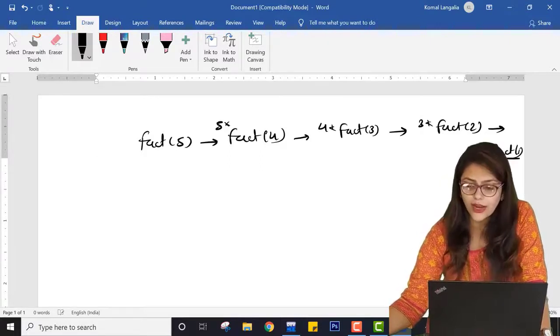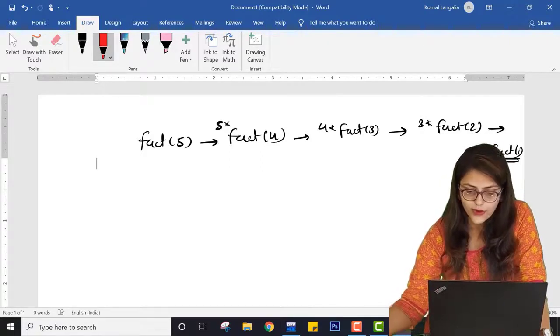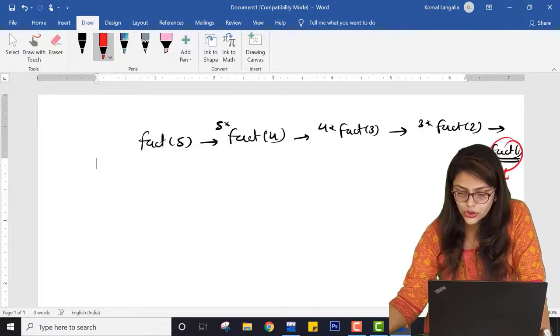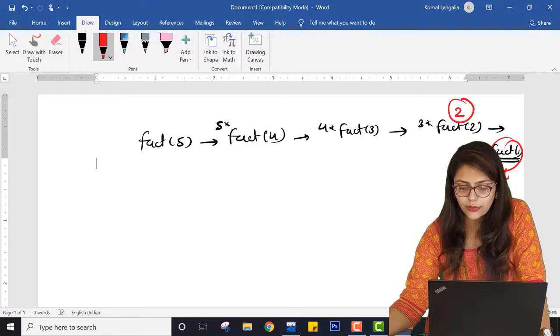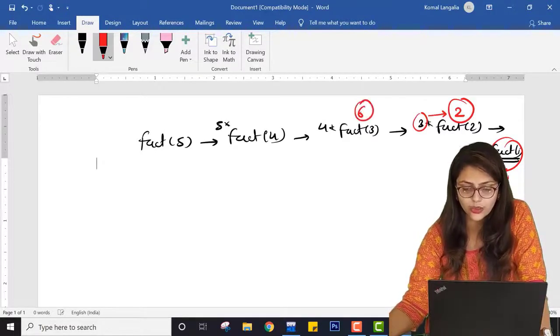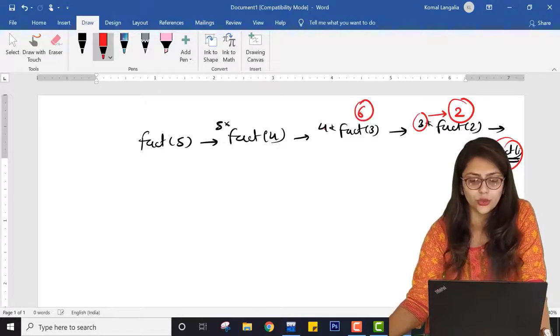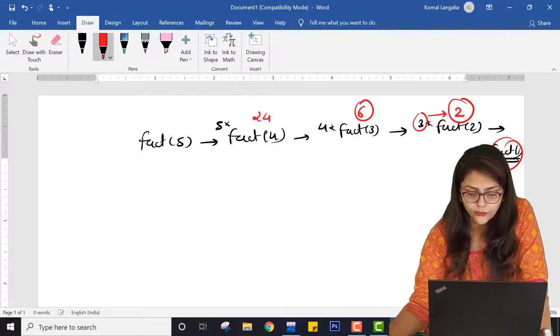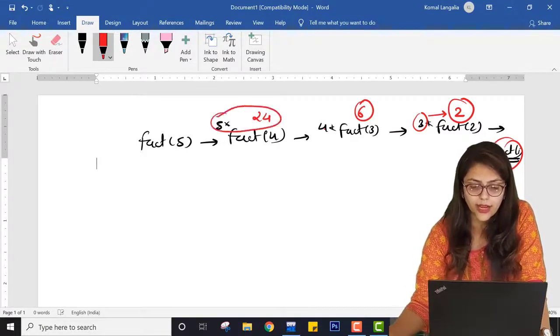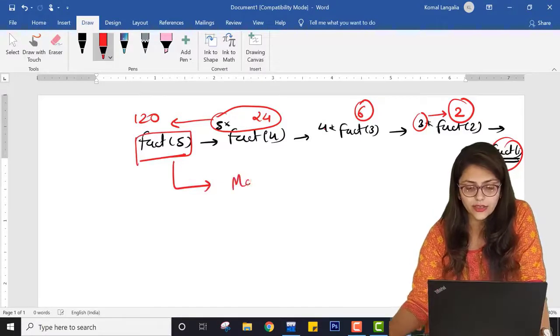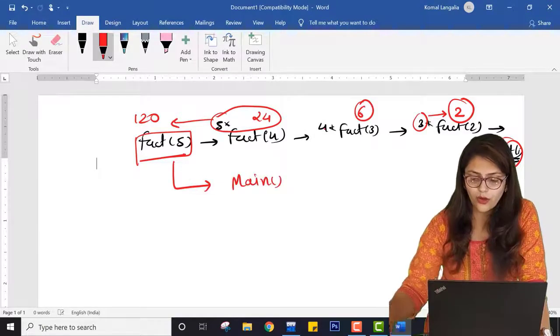Now this fact of 1 returned 1. So it will multiply this and return the answer 2 over here. So it will multiply 3 into 2, so the answer is 6 written over here. Now it will multiply 6 into 4, so the answer is 24 written over here, and then it will multiply this. So the answer is written as 120 as the answer of fact of 5, and this will return inside my main function, right?